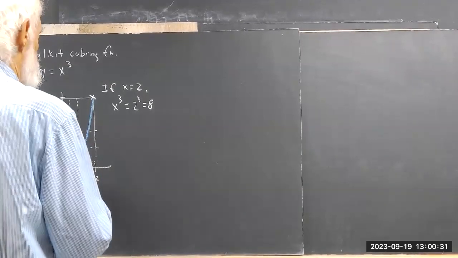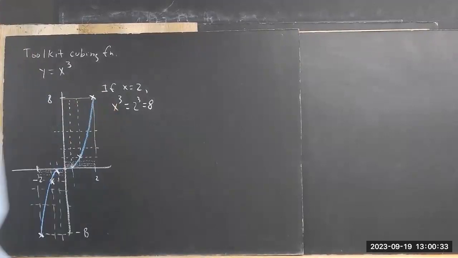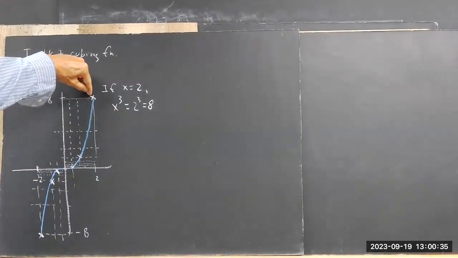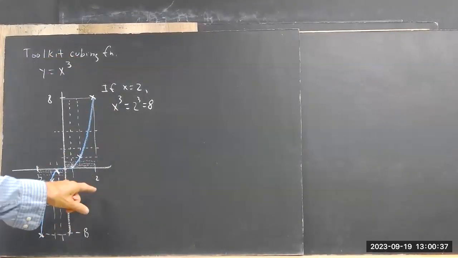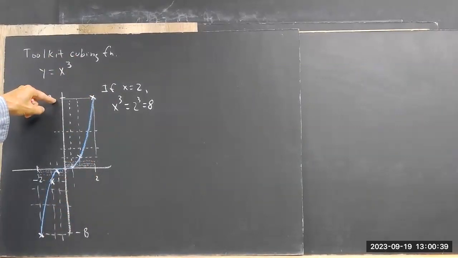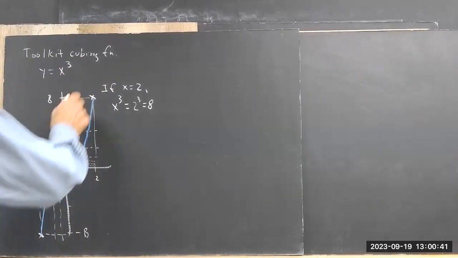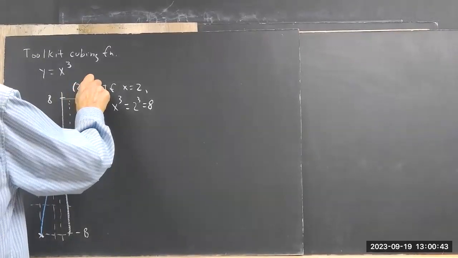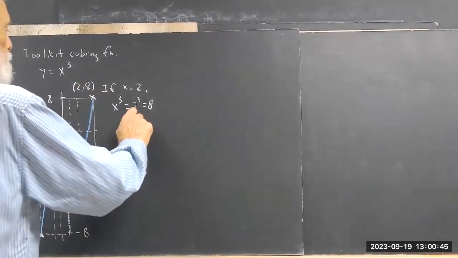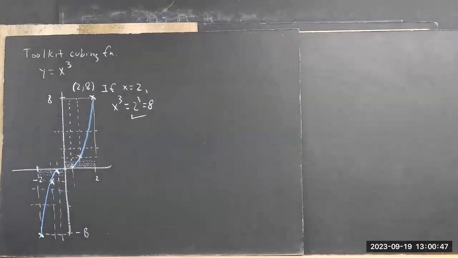Then, well, what are the coordinates at this point? Well, x is 2 and y is 8, right? Oh, yes, it's the graph. Okay. Now,